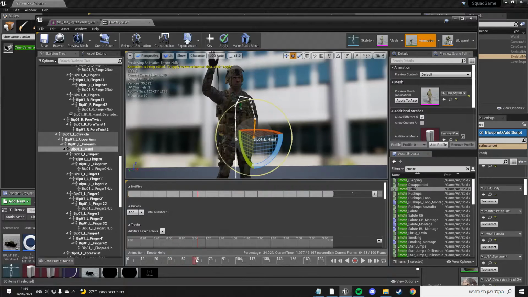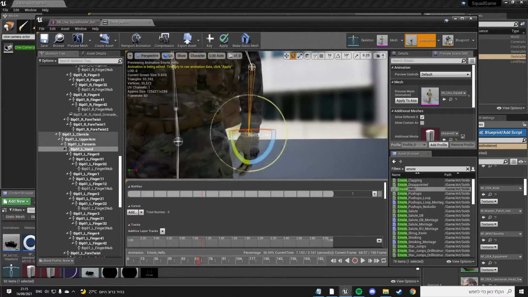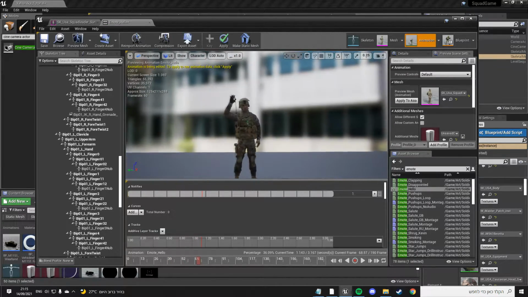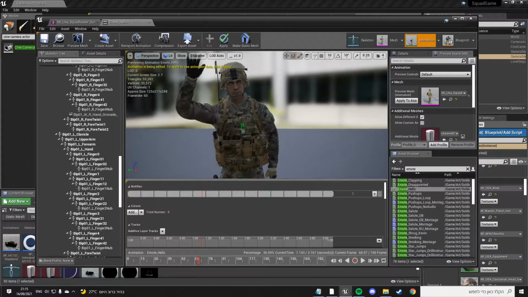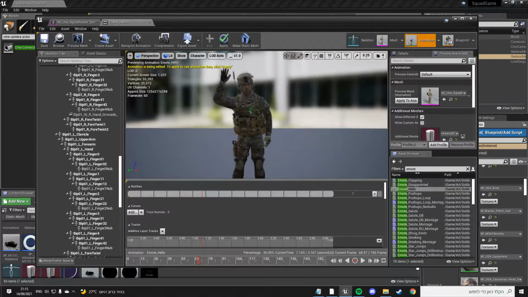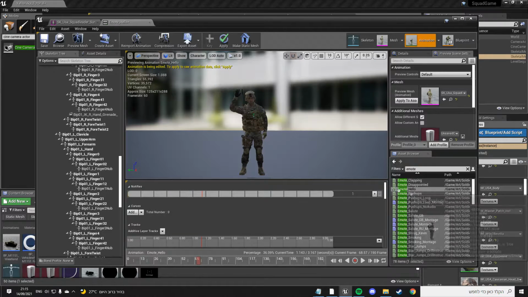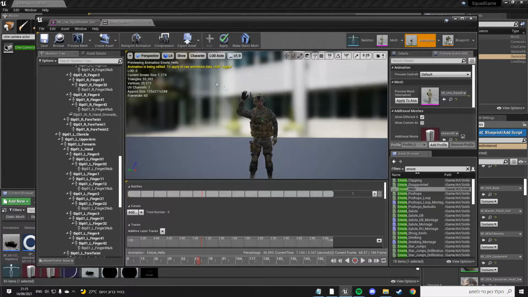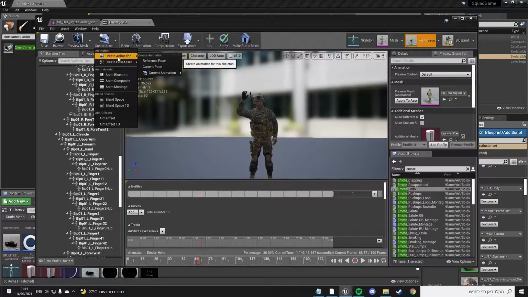So I'm going to put him at the position I want him to be. He looks pretty fantastic. And now I want to export that pose to my liking. So while I finished editing this guy from scratch or used a certain animation, what I'm going to need to do is to go to the top left, create asset, create animation, current pose. So if I'll choose current pose, that will mean that this pose is going to be selected as an animation, which means